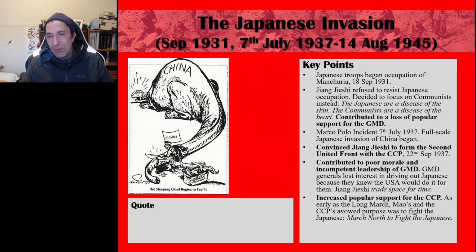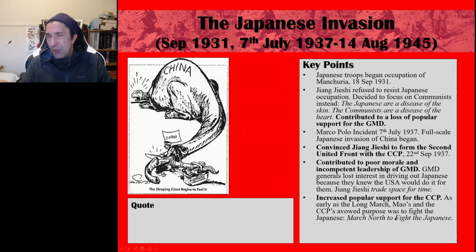But by marching north, when they started marching north to Yunnan, they inspired their troops, and they told the peasants and the areas and the people who they met along their long march, and as they marched north, that they're actually marching north to fight the Japanese, because the Kuomintang were not prepared to do that. They were marching north to kick the Japanese out of those northern autonomous regions as well as Manchuria. And this increased popular support for the CCP. They were seen by the Chinese population as more patriotic, as defending China against a foreign aggressor, more patriotic than the GMD were.